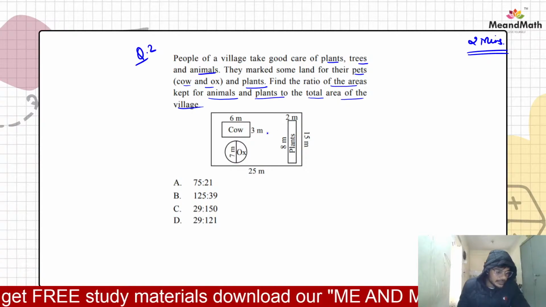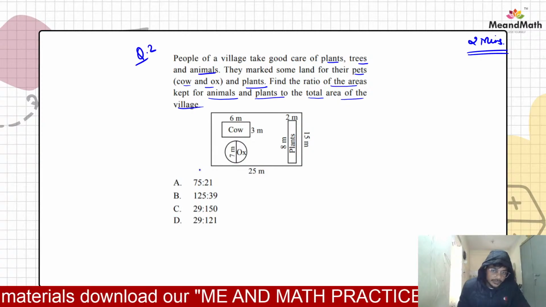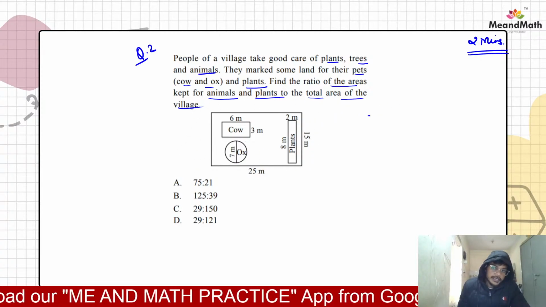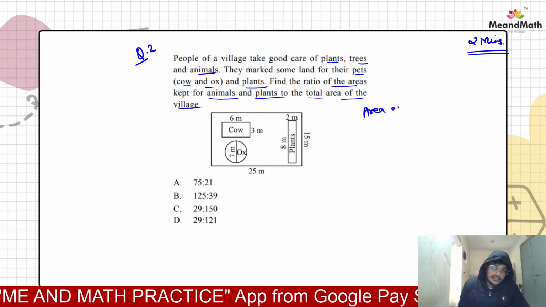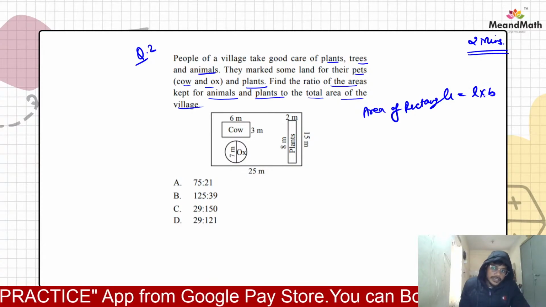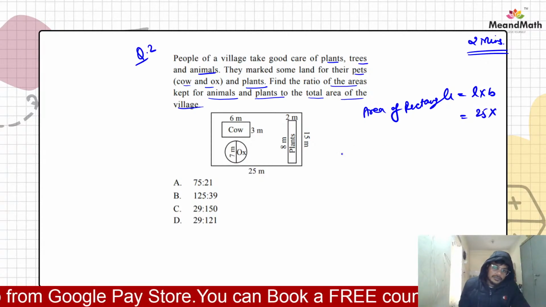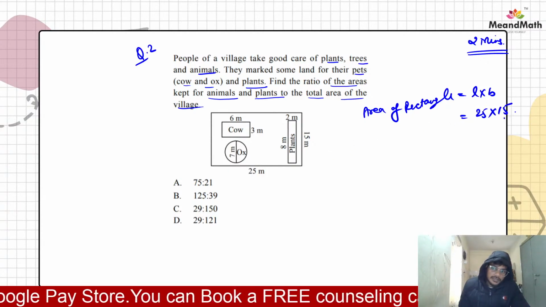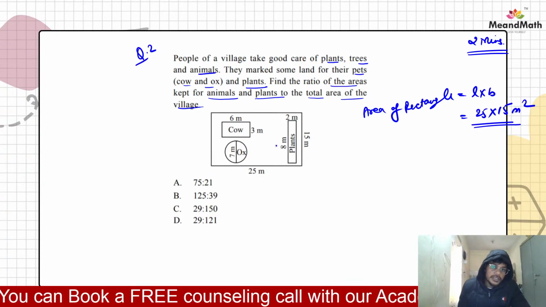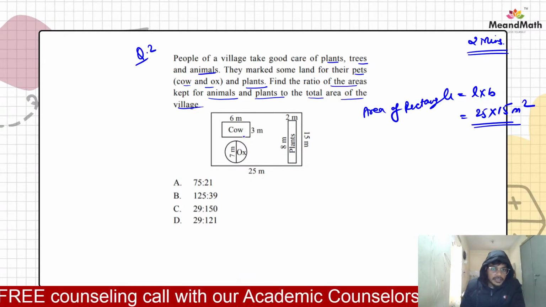Satvik and Aditya, do this question, beta. See, this is your village. This rectangular box is your village, right? So what is the area of a rectangle? The area of a rectangle is length into breadth or width. So what is the length? Length is 25, width is 15, right? So this is your total area, in meter square. So this is the total area of the village, right? Now you need to